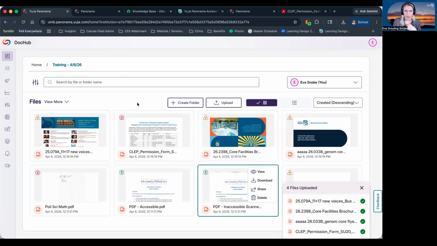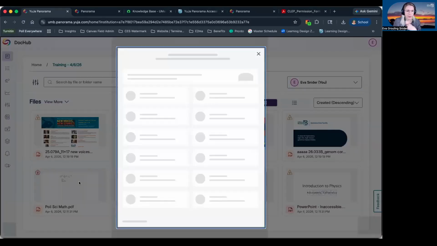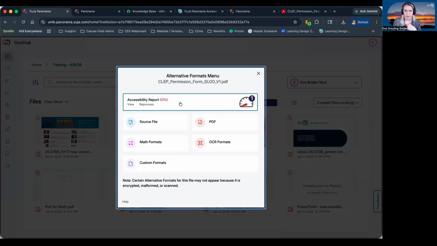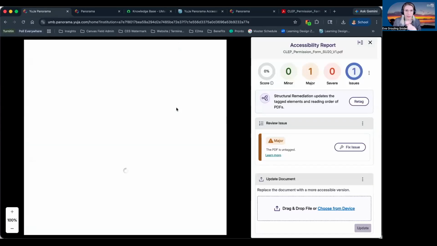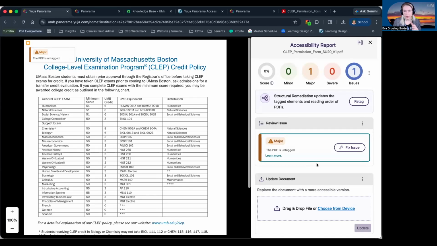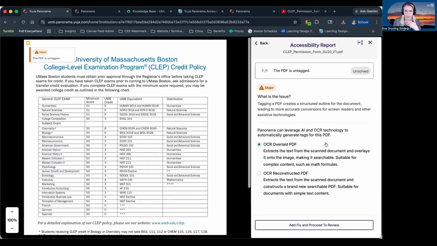I want to go through these same steps with a few other documents from folks. Let's take this document that someone provided. Thank you for providing an example. And this is perfect because we have a document here that is not scanned. We can select the text, but it is untagged. So this is one of the other critical issues that I indicated is pretty common. So we're just going to click Fix Issue.